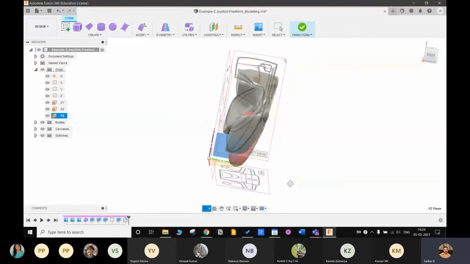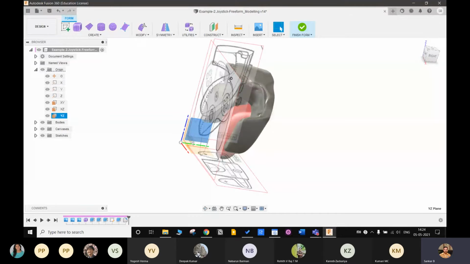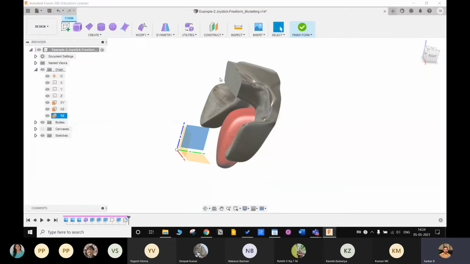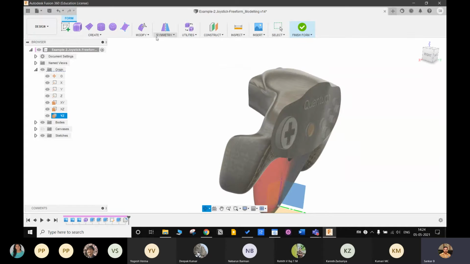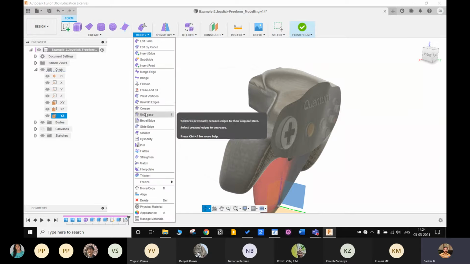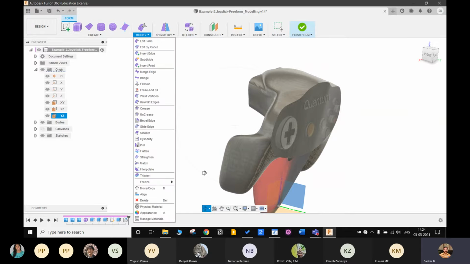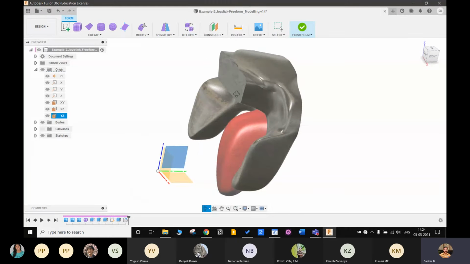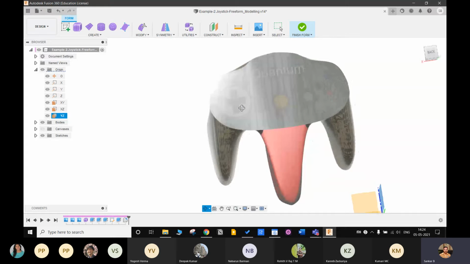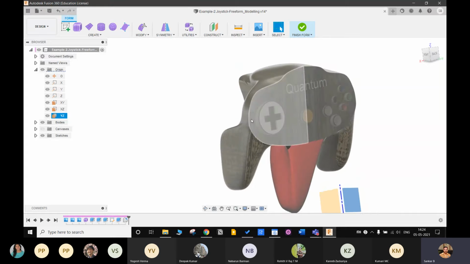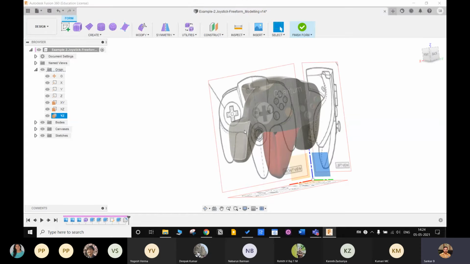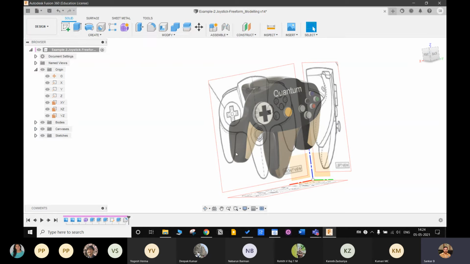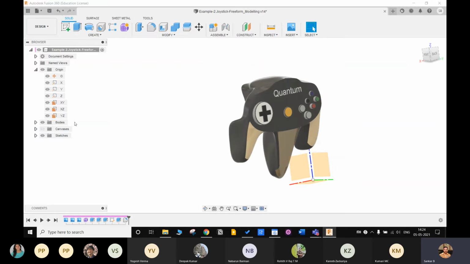As you can see, the joystick has a flat face at the back side and also at the front. In order to create these flat surfaces, I used the crease option. Using the crease, I made the front surface and the back region flat. After completing the form and making sure it aligns with the sketches, I came out of the form and created all these buttons using the extrude command.